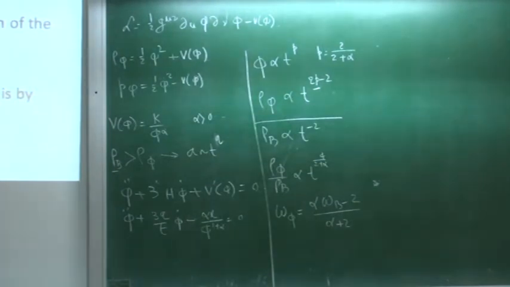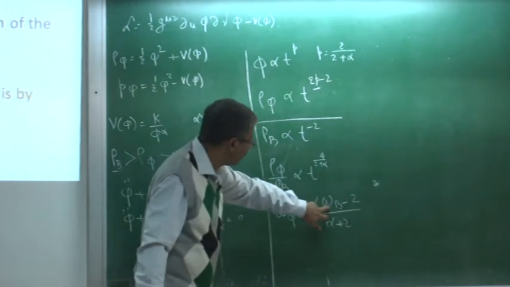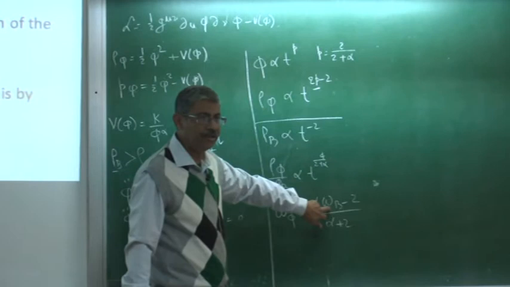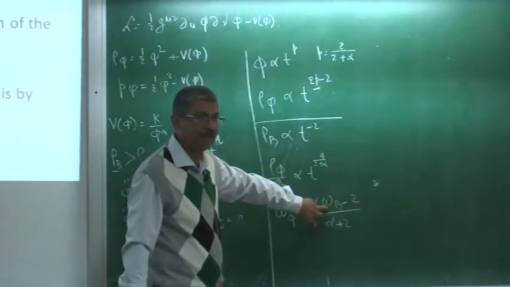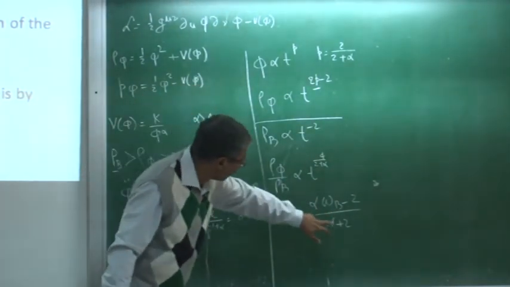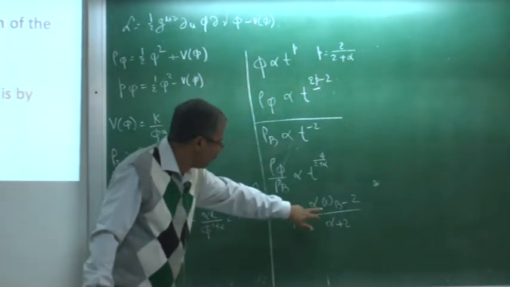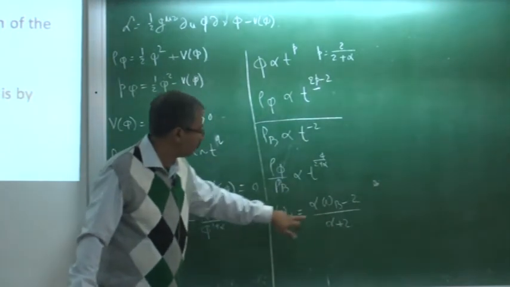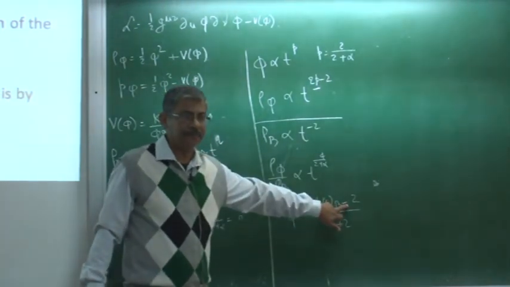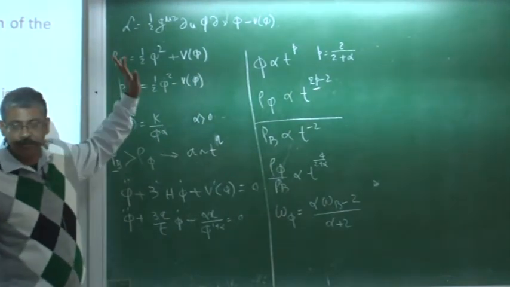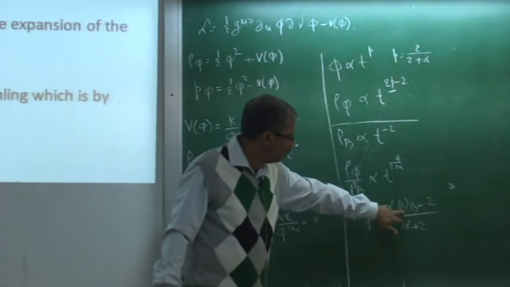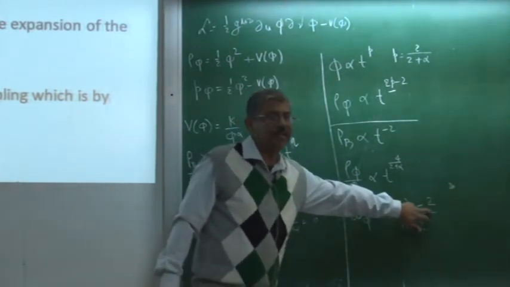okay. So there is another important thing you can see. Omega b is basically the equation of state of the background matter. Whether it is radiation, it is 1/3. If it is matter, it is 0. Now you can see whatever value alpha is over here, once this omega of the background is matter, this becomes automatically negative. So whatever the equation of state in the early time, once the universe starts behaving like matter, omega b will be 0, so it becomes automatically negative.